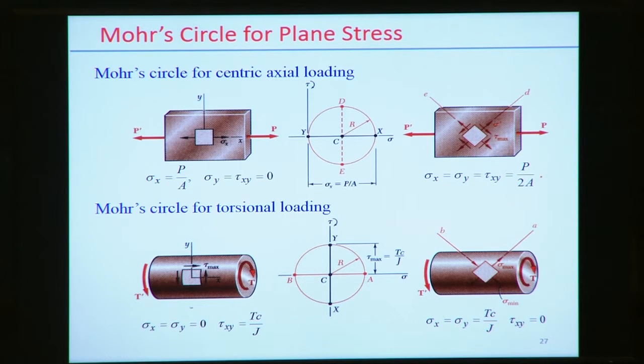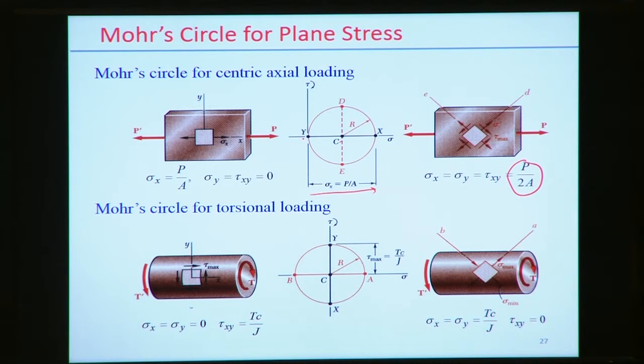P by 2A. So basically sigma x equal to P by A, sigma y zero, and when there is existence of the maximum shear stress value, then it is half of the initial value, so P by 2A. But in this case, the maximum sigma x, sigma y, and tau are all the same. So in a similar way we can find out the stress state here. First we need to find out what is the CY using the formula, and then radial distance, C is the center point, and if you look at the radial distance, maximum value is there, but minimum value is 0 in this case.